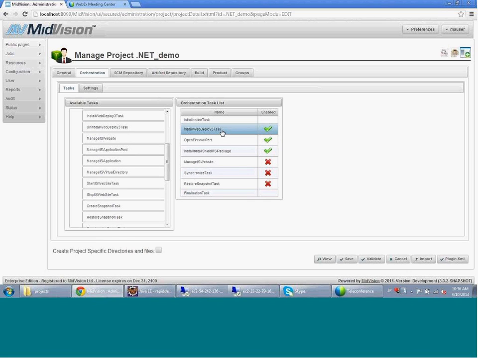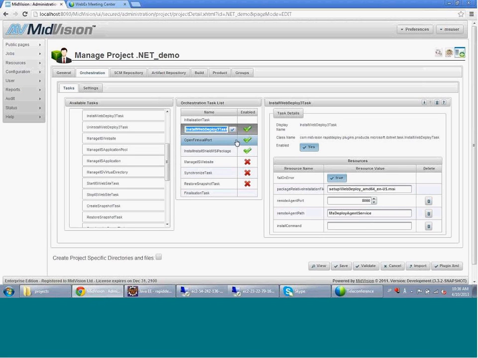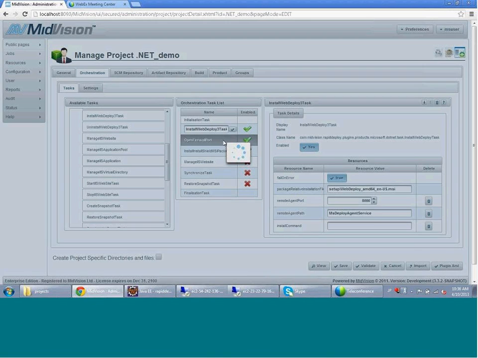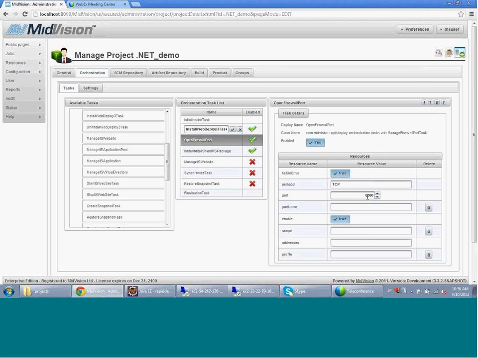I also picked the tasks I need previously, so I will do an install WebDeploy 3 task, and here you can see I have to specify the install package for the installation process, and also the port and the path where the remote agent should listen. I will open a firewall port,